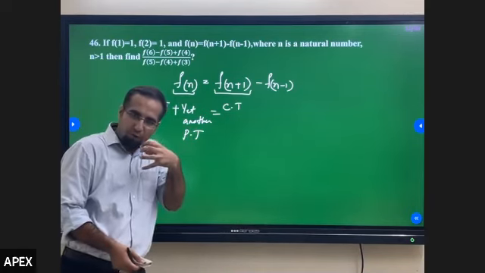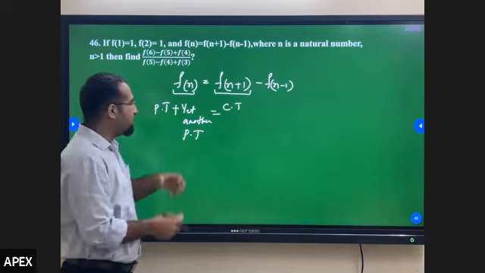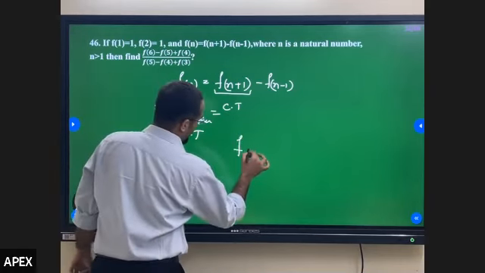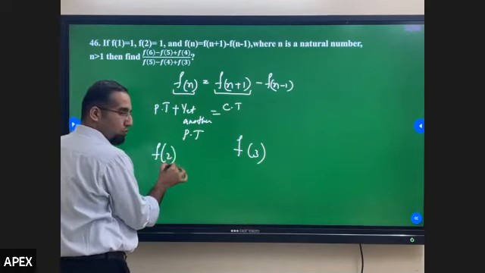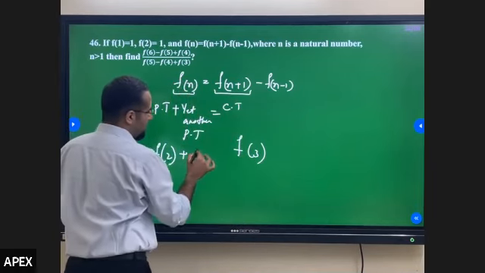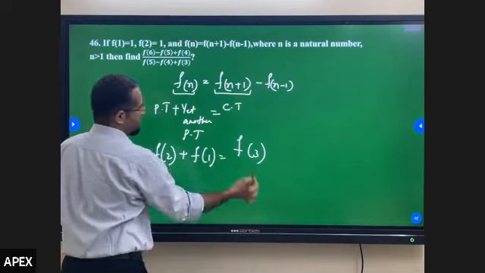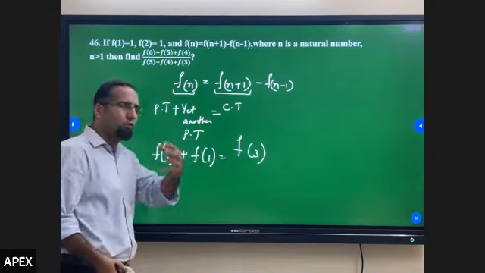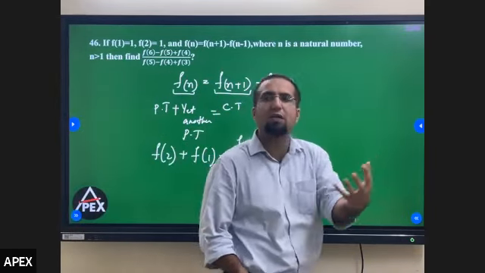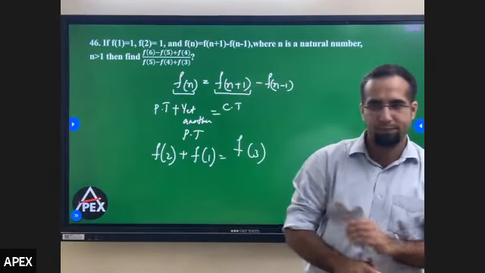So now what the f of 3? F of 3. So if I replace my f of 3 here, then my previous term becomes f of 2, and yet another previous term becomes f of 1. Clear? It just depends on the way you talk to yourself here, the way you try to understand the trend of the series, nothing else.